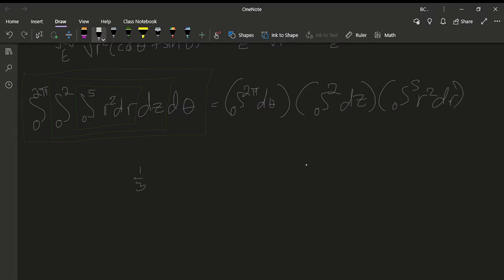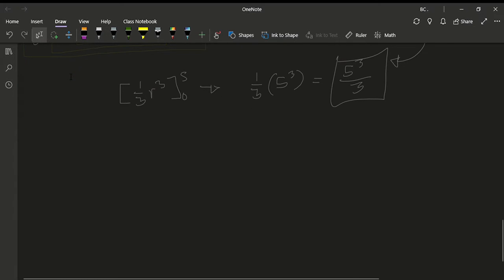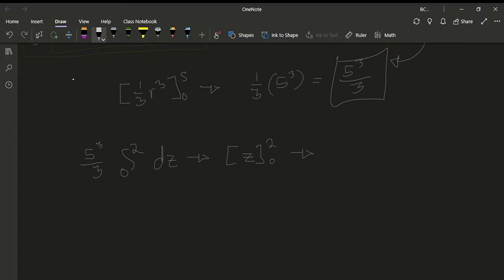So this becomes 1 over 3 r cubed, 0 to 5, which means that we end up with 1 over 3 times 5 cubed, and I always do it all super long like that, but that's your first one. Now on to the second one. It becomes 0 to 2. We can put the 5 cubed over 3 as a constant. We can remove that from the integrand. We just end up with dz, which is equal to z 0 to 2,